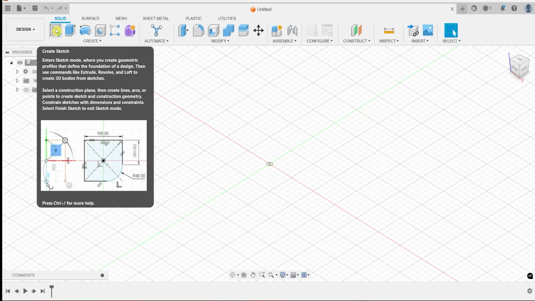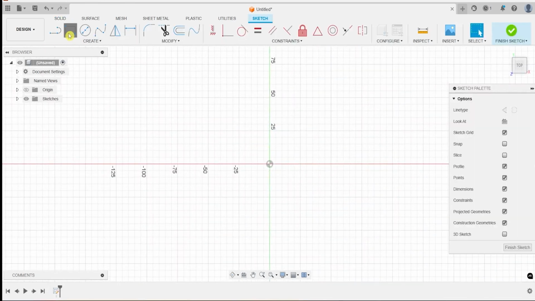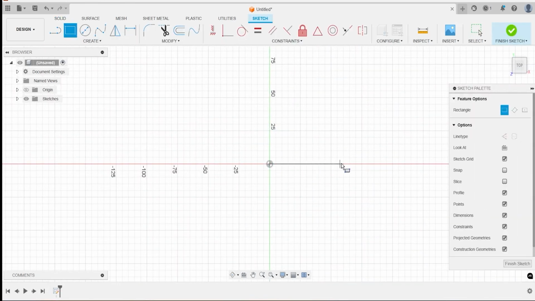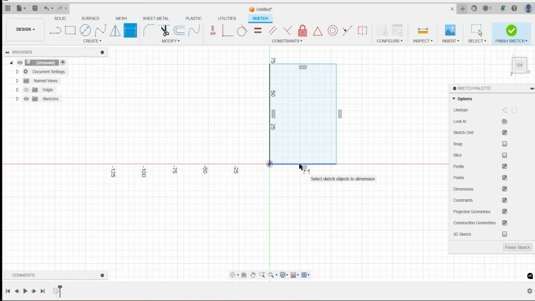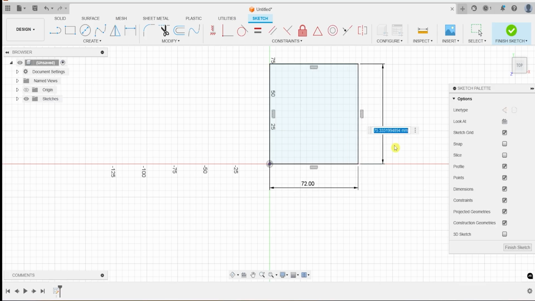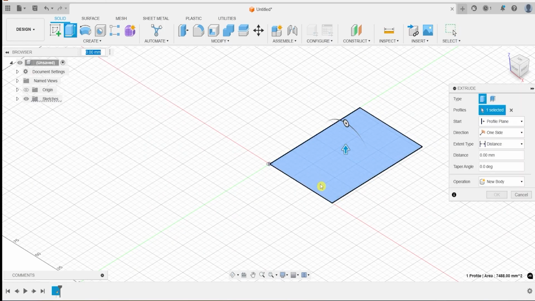Create sketch, click on horizontal plane. Next, draw the rectangle, click on sketch dimension. This length is 72. This vertical length is 104. Finish sketch. Click on extrude feature. Extrude this by 48